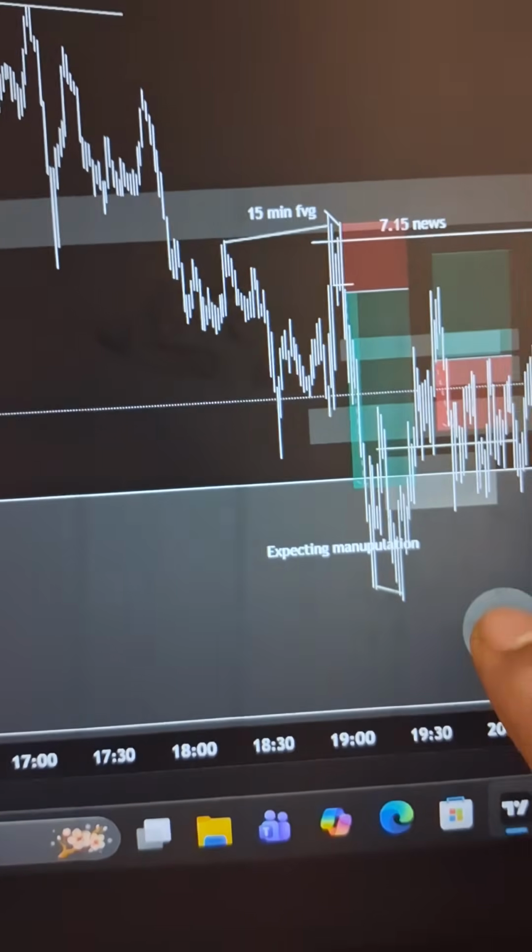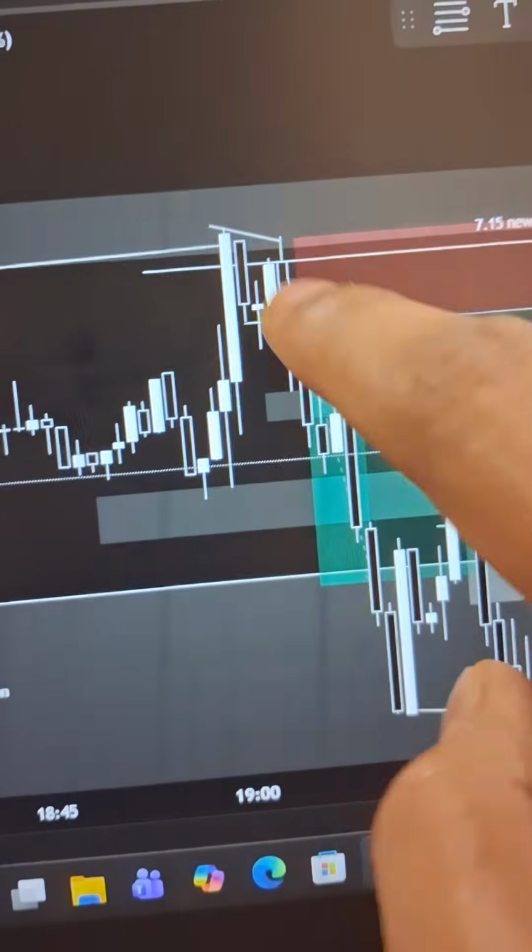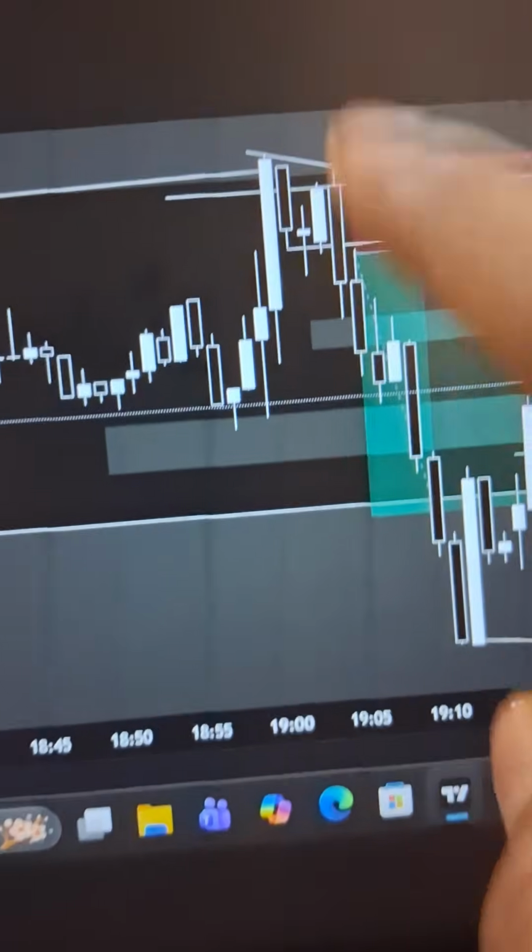I will show you exactly what is going on in the market today. You can see there is a market open here. You can see there is a 50-minute fair value gap, price pulled back to the 50-minute fair value gap. We have SMT, we have another smaller time frame SMT changing setup delivery, and you can see there is a